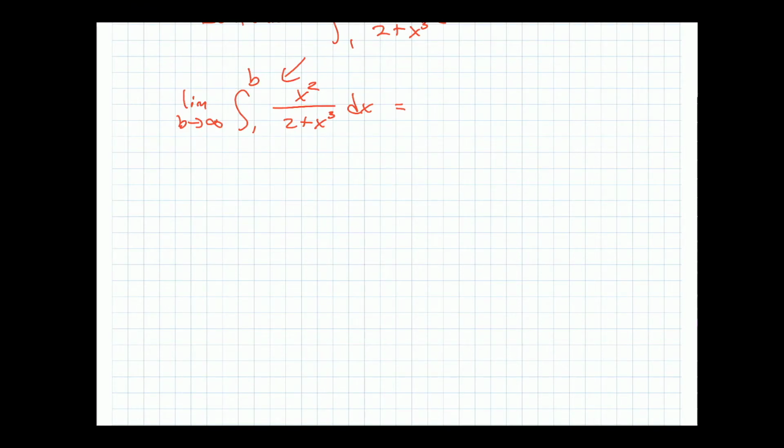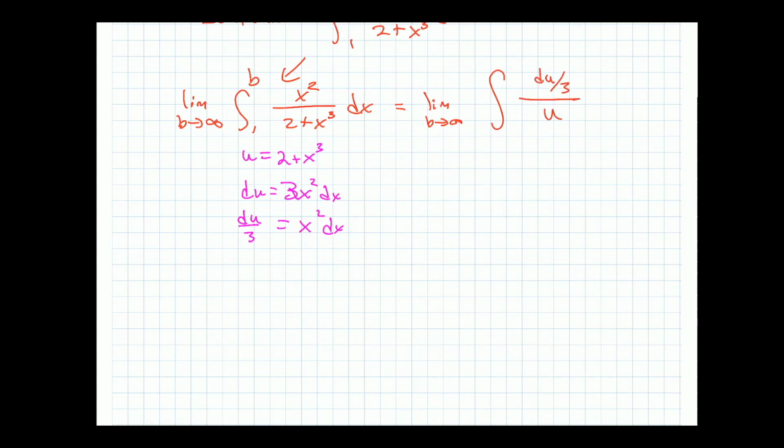This needs a u sub. U is 2 plus x cubed. Du is 3x squared dx. So x squared dx is du over 3. So my integral is going to become limit as b goes to infinity, integral. Top is du over 3. Bottom is u. I should change my limits, which is a little bit tricky with the infinity, but if I plug